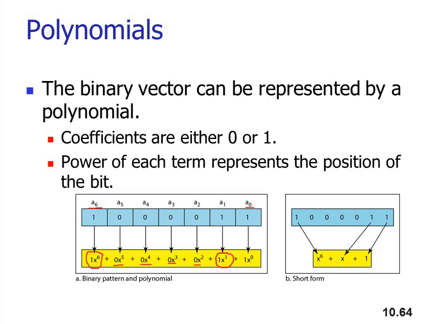1 into x raised to 1 is nothing but x, and 1 into x raised to 0. Anything raised to 0 is 1. So 1 into 1 is simply 1. So the equation is represented as x raised to 6 plus x plus 1. So this is how you can start with a polynomial equation also. Now there is one more term. The same way we can go for cyclic check also with the help of